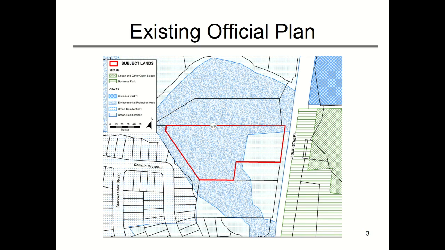Section 3.3.2E of OPA 73 states that the maximum density of any building within the Urban Residential 2 designation shall be 6 stories, or 20 meters, whichever is less. Section 3.3.2F of OPA 73 states that the density within the Urban Residential 2 designation shall range from between 35 and 50 units per net residential hectare, where proposed small-scale, low-rise apartment developments and/or stacked back-to-back townhouses shall have a maximum density of 125 units per net residential hectare.